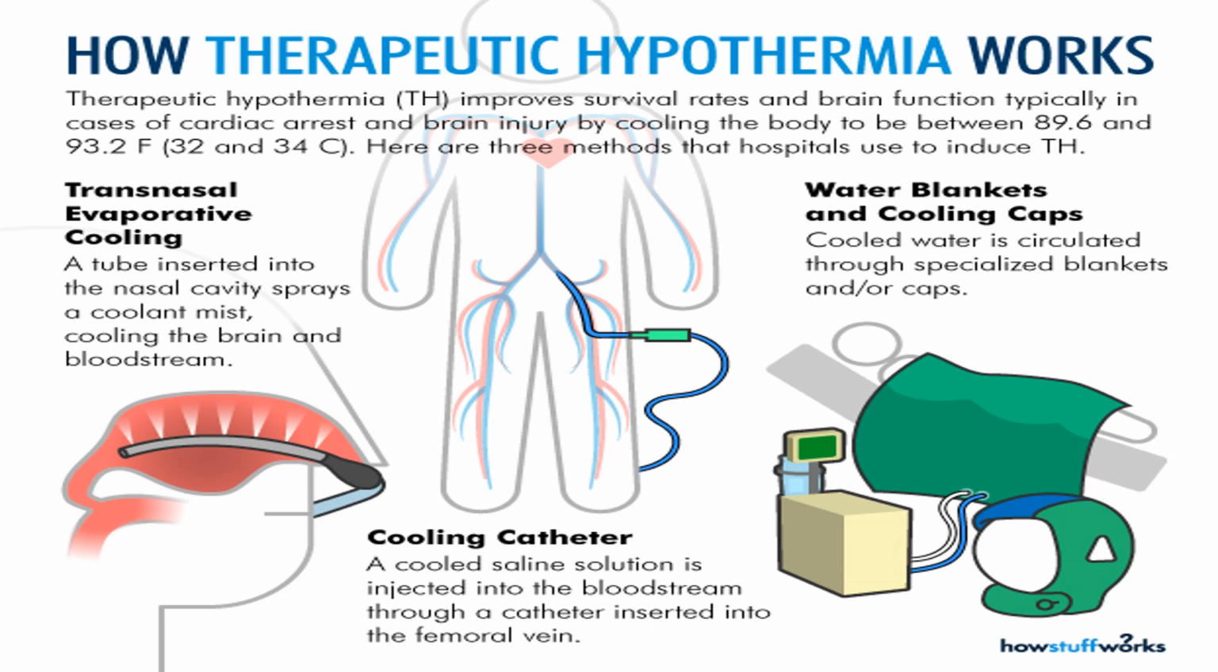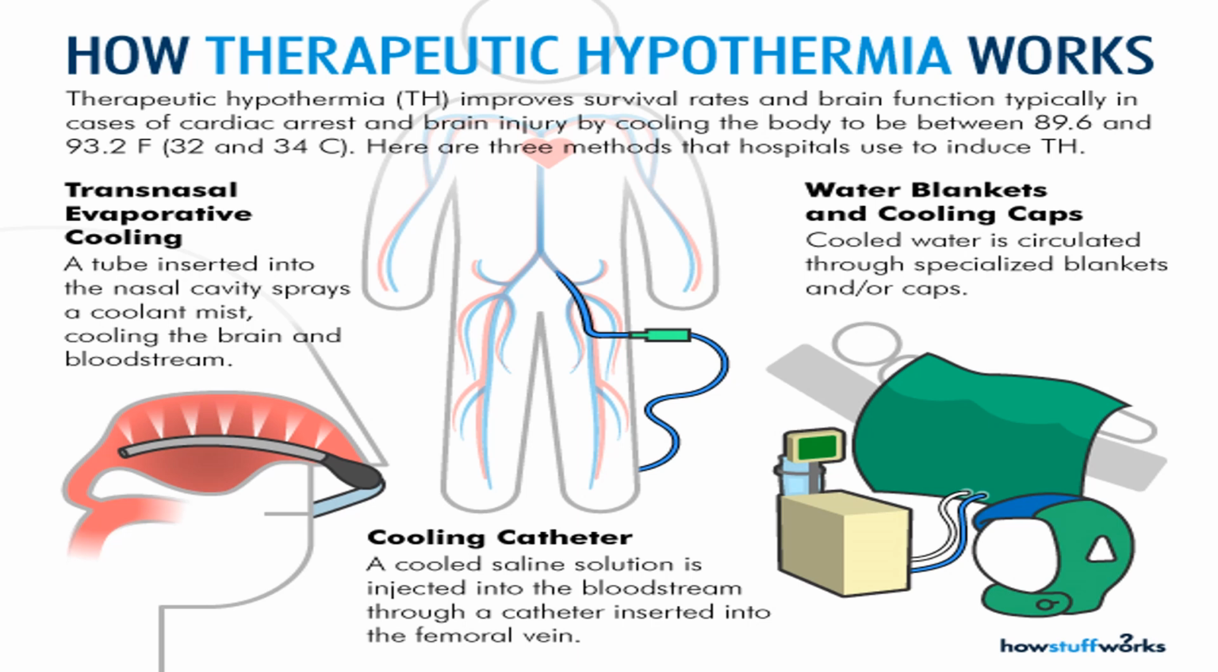And then there's the cooling catheter, which is cooled with saline solution injected into the bloodstream through a catheter that goes into the femoral vein. And last but not least is the transnasal evaporative cooling, a tube that's inserted into the nasal cavity. It sprays a mist that is able to cool the brain and the bloodstream. The mister might be something we can correlate with having a sinus infection, or getting sick frequently and not being sure if it's allergy based, with those different humidifiers and misters